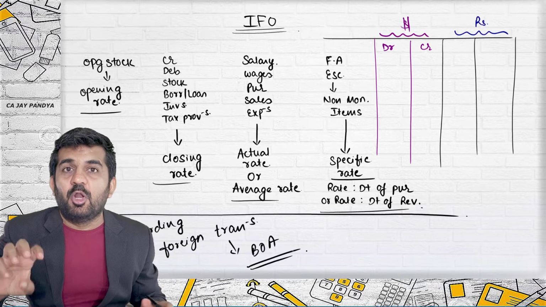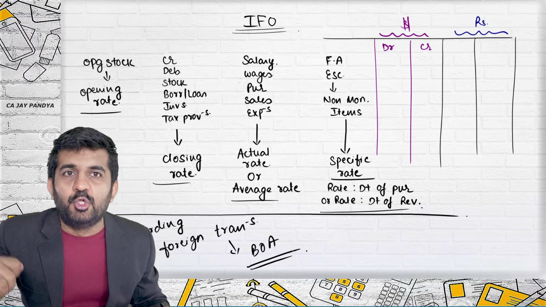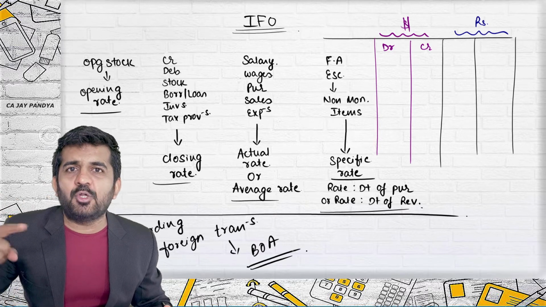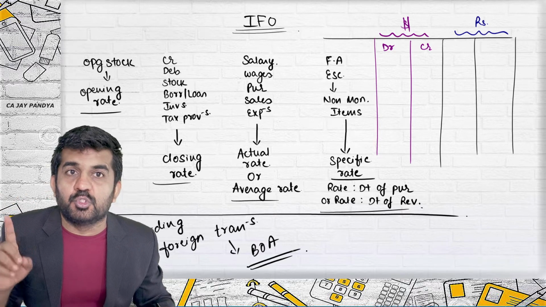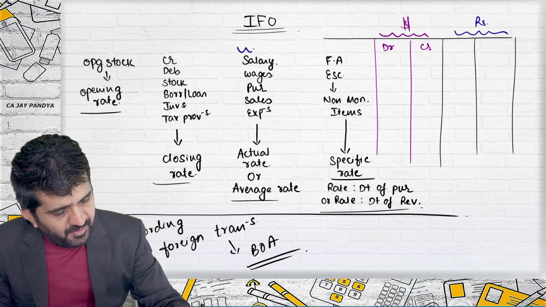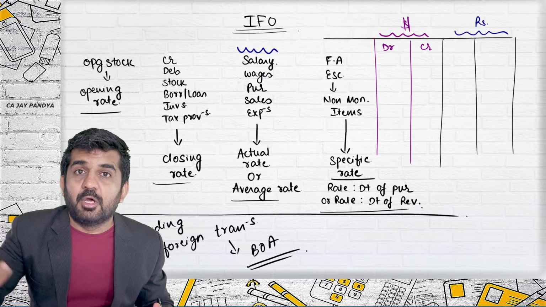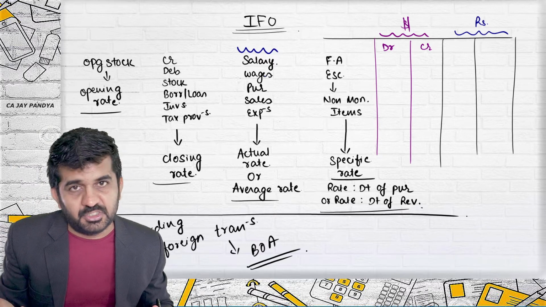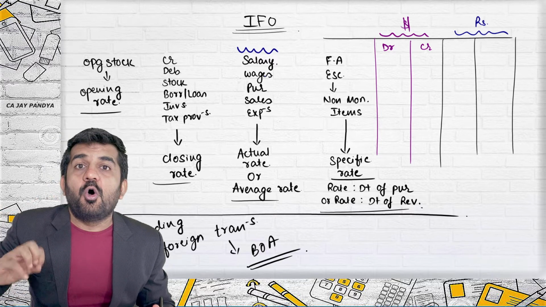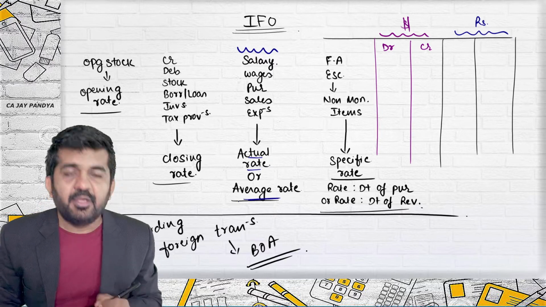All right, we have already learned the criteria. Whenever you are doing the transaction, that rate or average rate should be used. Whenever you are doing your transaction, salary is paid, wages is paid, you are purchasing the goods, selling the goods. We are not talking about debtors and creditors. For all expenditures, which rate should be used? Actual rate or average rate?